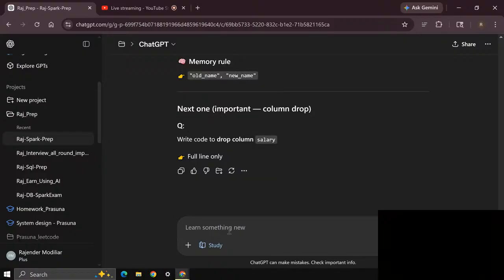drop column. I think drop column salary. Df dot with no drop salary. I think drop salary.